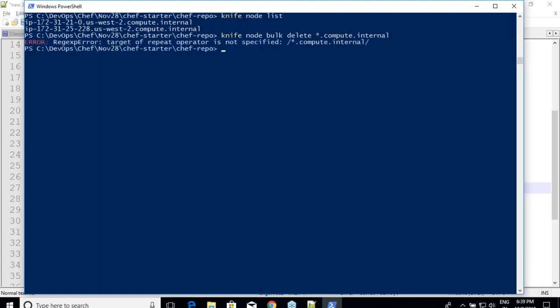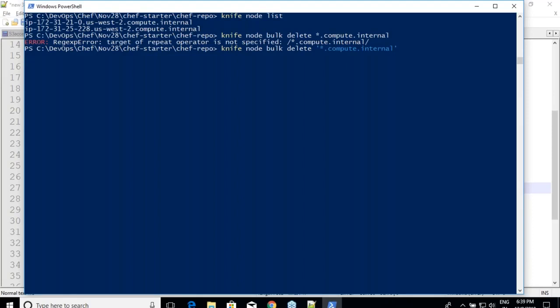Okay. It's saying that it is not specified. Okay. Let me try one more thing. Let me try this. You can search for a regular expression which ends with.